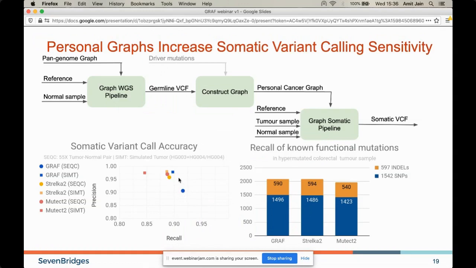Whereas on the simulation, on the synthetic sample, which is an HG003 and HG004 mixture with HG004 as tumor, which is a pretty standard strategy for validating somatic pipelines, again, we see that our pipeline has higher recall than either Strelka or Mutect